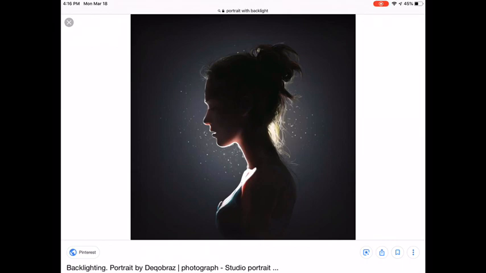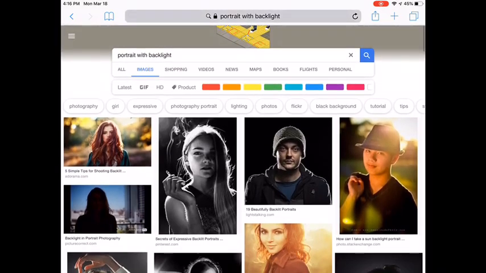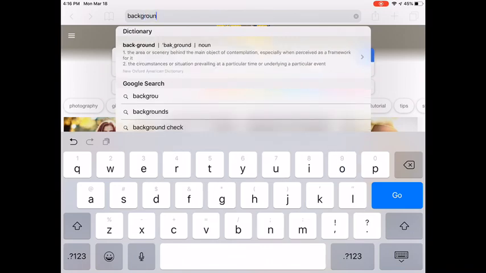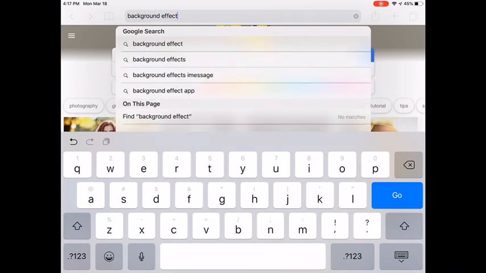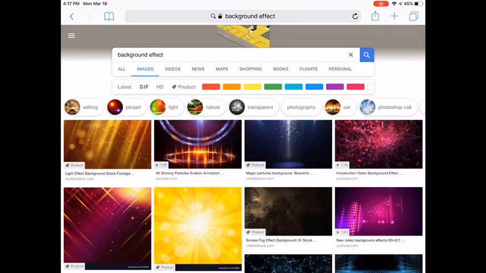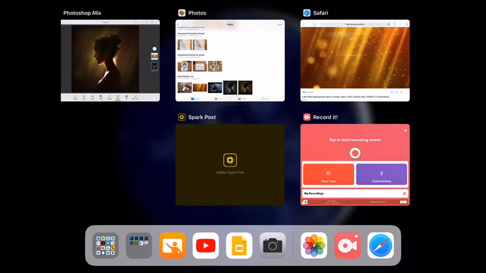I also looked up background effect. And I'm going to find something that I think would go well with my image, and I'm going to go ahead and take this light effect background. Okay, I'm going to make sure that I click and save it to my camera roll,